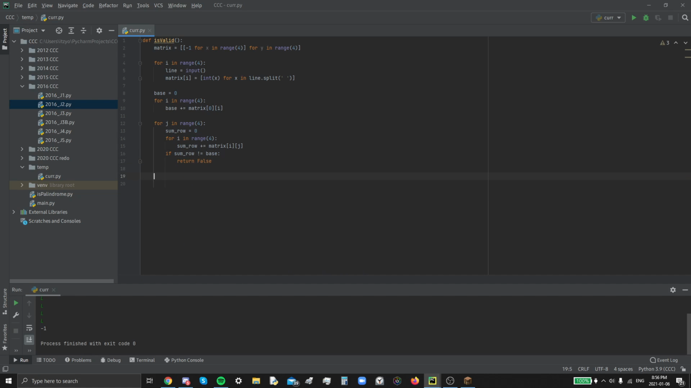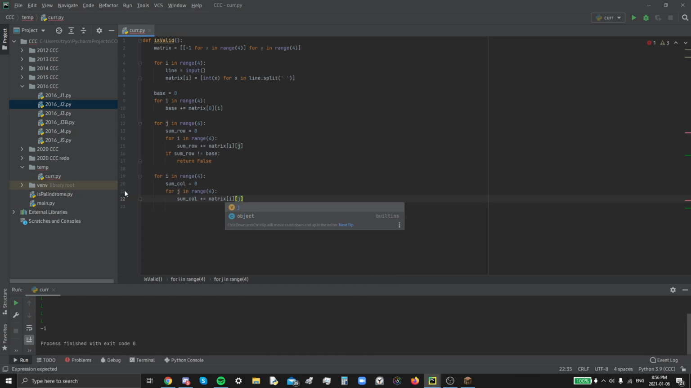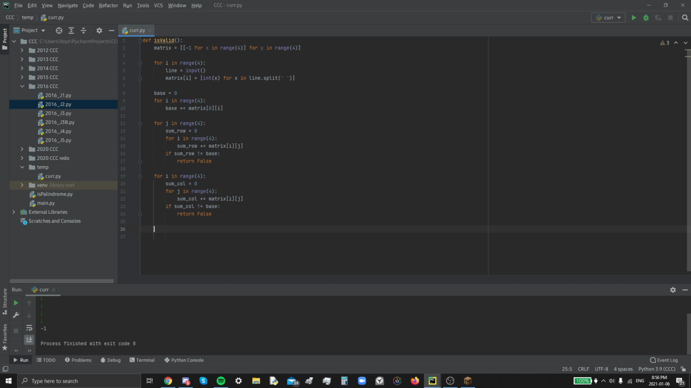And then here for i in range 4, the sum of the column is equal to 0, and then for j in range 4. And you might ask, why is it i, j here? Well, because it's columns, not rows. Rows are just weird like that. So I add, it's still matrix[i][j], but I want to move down and not horizontally. And if all of our